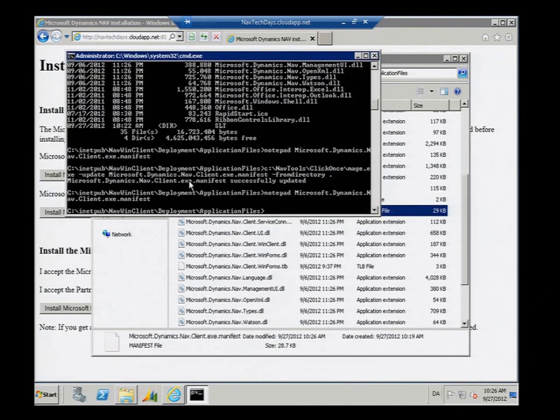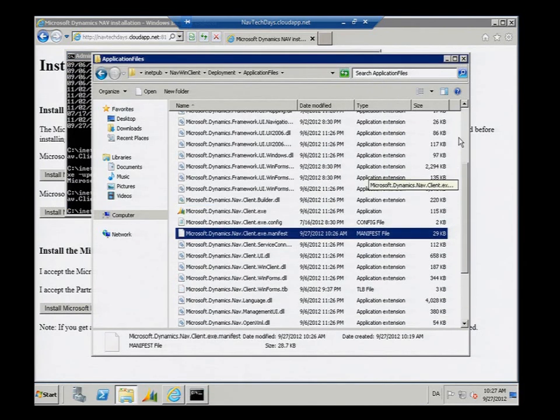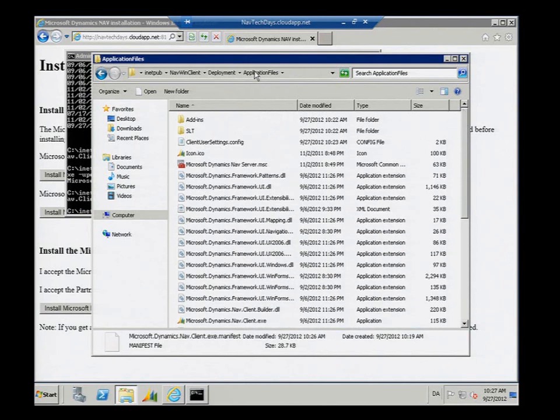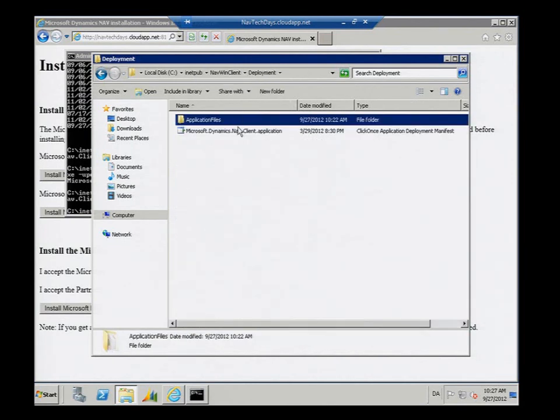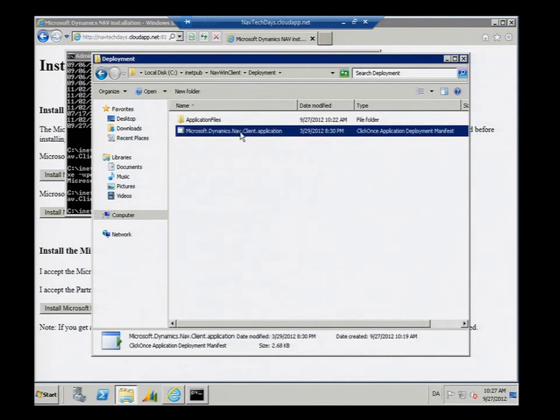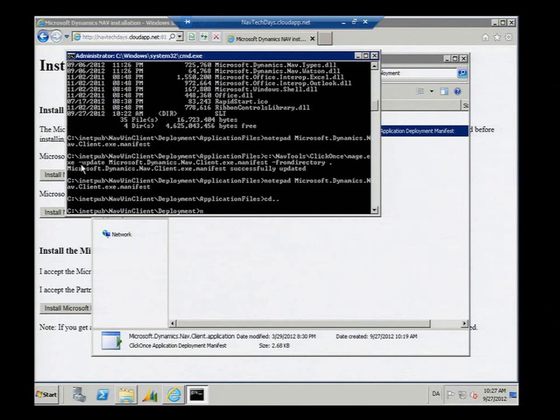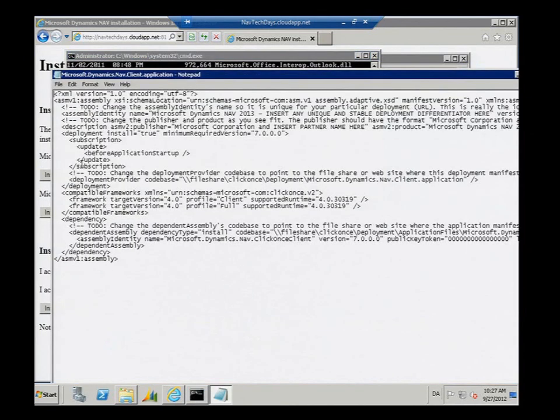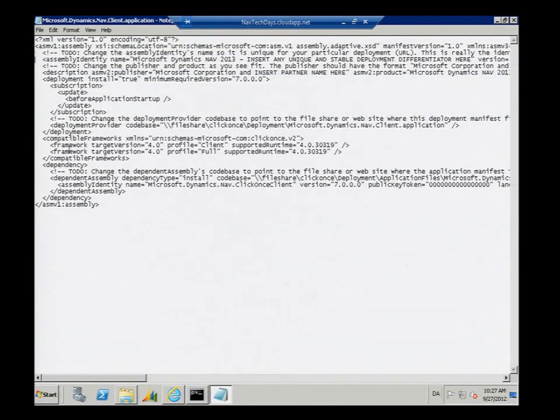So that was it. We have all these files. And now we need to go one level out again to this first XML file. This is just a thin wrapper around the application files. It's sort of a pointer. When somebody runs this one, please install the files in the application files folder. So I need to update that. So it too has an identity. It's just an identity, I can put in anything, as long as it's unique, so it doesn't get confused.